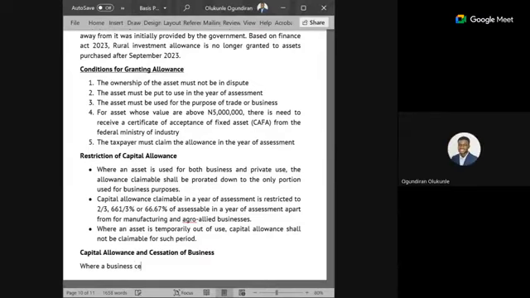Where a business ceases operation with unclaimed capital allowances, such allowance can be relieved or utilized backward for 5 years, beginning